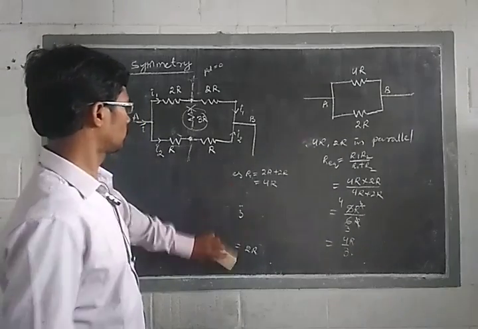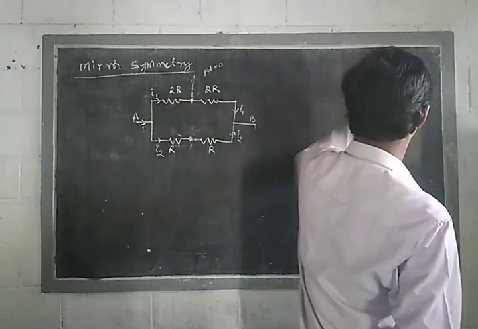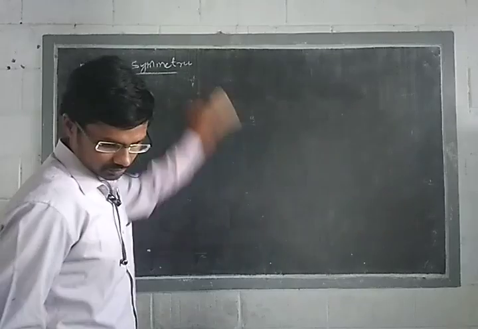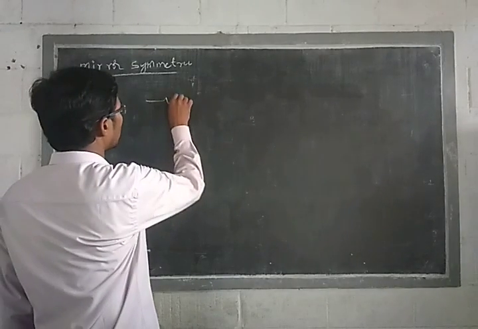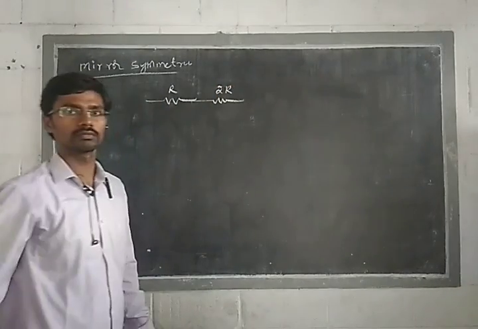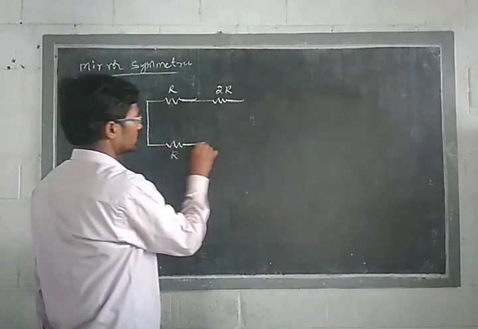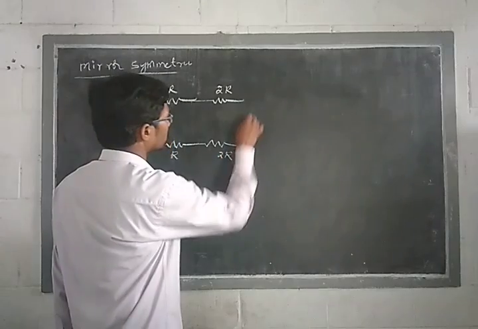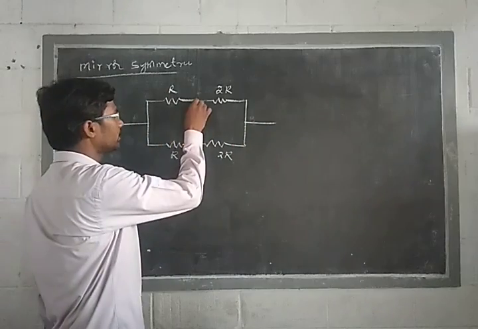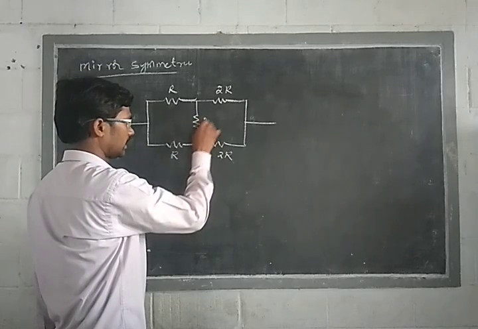Now the same circuit, but I take it in a different manner. Let us see. So here I have R, now it is 2R, and let me take one more resistance here, it is R, and this is 2R, and again in between these, one more, let us take it is 3R or whatever it may be.